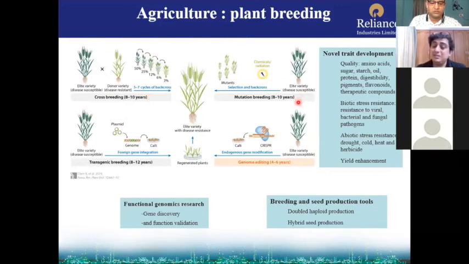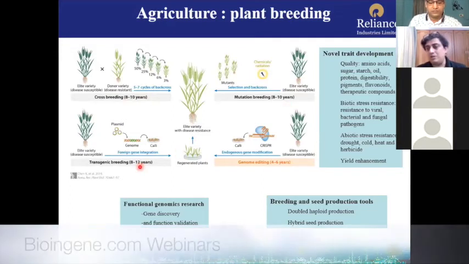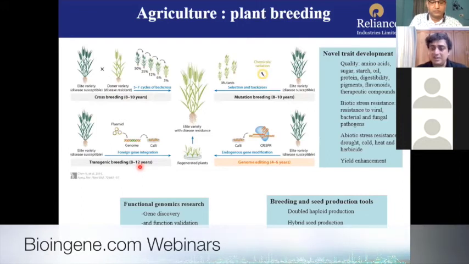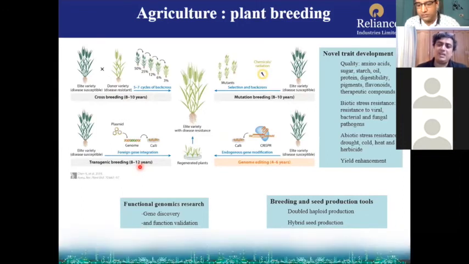There are mutational breeding processes as well nowadays. Worldwide, people have been using it for many decades, and by using chemical or radiation, that also takes 8 to 10 years. Transgenic breeding, if you want to develop GMO, that is also quite time taking because the regulatory aspect is pretty long, and it takes 8 to 12 years to make GMOs and bring them to market. And you know there are a lot of issues with social acceptance, etc.